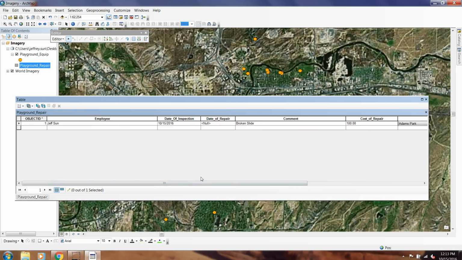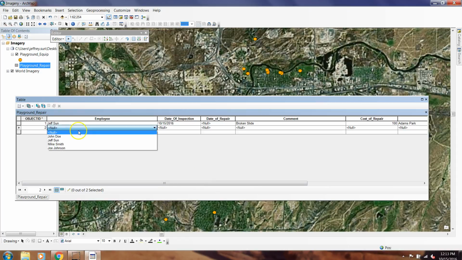So there's my inspection, okay? Now let's say a few weeks later, another employee went out and fixed that repair. They fixed the broken slide at Adams Park, okay? So we'll just double click. Let's say Joe Johnson went out and this wasn't an inspection, it was a repair. And let's say on, I'm just making a date up here,